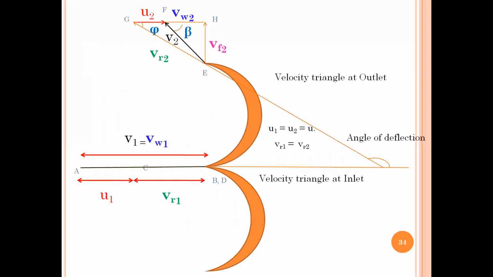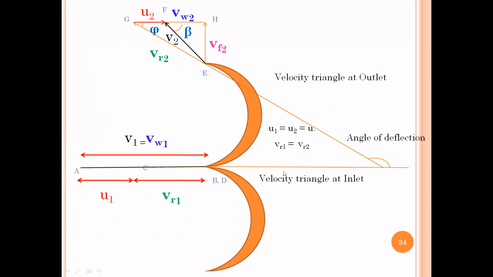So in these problems, it's always mandatory to draw the velocity triangle. So here, what all is given? Your U1 and U2 is equal to U, that is 10 meters is given. Your V1 is not given. Instead, they have given the value of Cv and H so that we can calculate V1. The angle of deflection is given. This angle is given as 160. So if I know this angle, I can calculate phi angle because this angle is also 160. I can calculate 180 minus 160, that is equal to 20 degrees.